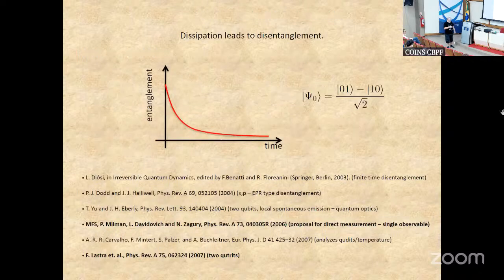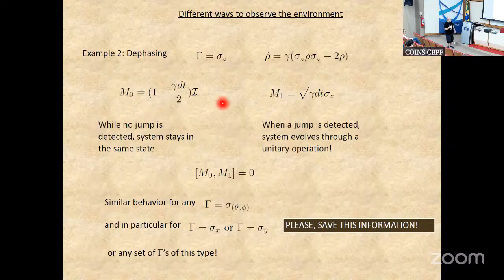Dephasing is what we call a unital map, right? That means that if I monitor my reservoir and I get a jump, I apply sigma z to my system. If I monitor my reservoir and I don't get any jump, the state of the system stays where it is. It's the same state, right? And obviously you have a similar behavior for any operator that defines the Bloch sphere. Because they are similar by rotation, there's no reason why sigma z should be better than any other of them. So it's the same for sigma x and y. Okay, so please save this information.